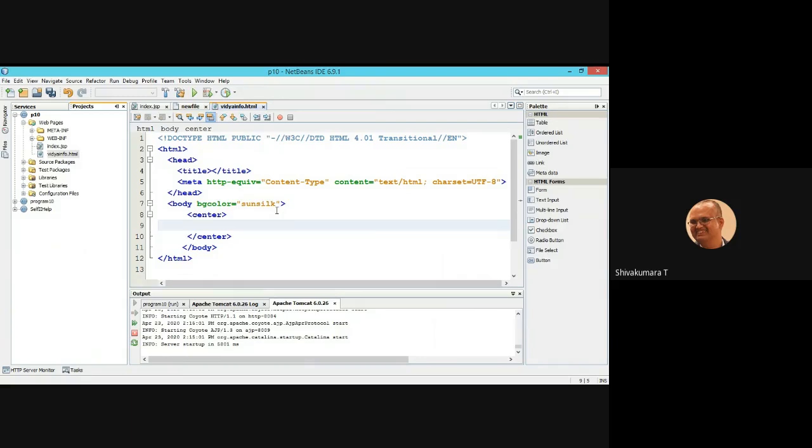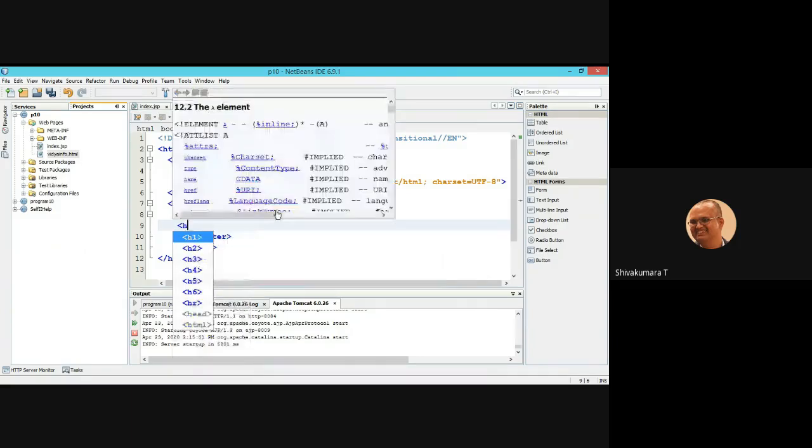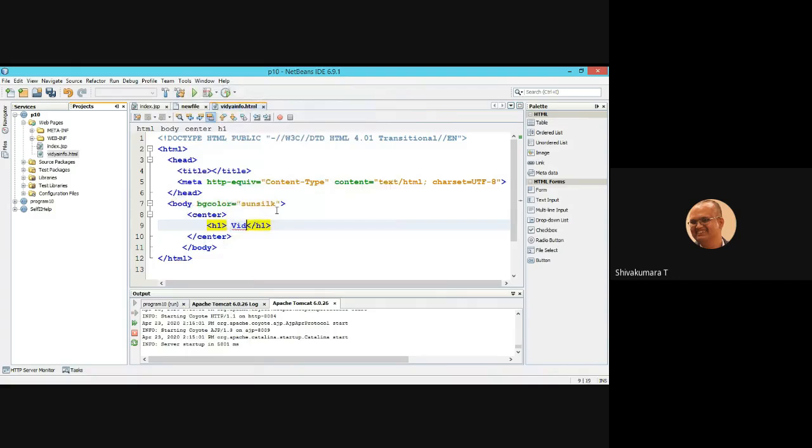Now the heading, heading 1: Vidyarthi information page.